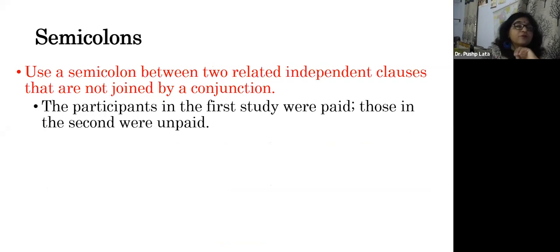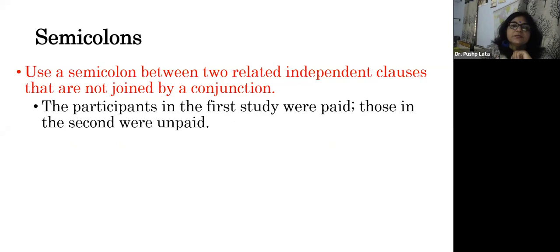Semicolon. It's very important for us to understand where to use the semicolons. Do you have any idea? Yes. You need to use semicolons between the two related independent clauses, where you are not using and, but you can use a semicolon and still you can continue writing the other second statement as well.